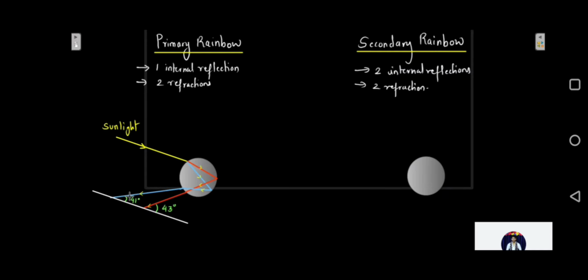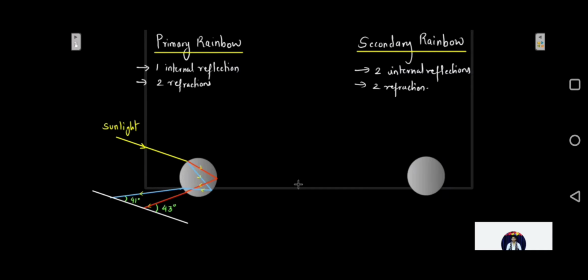Okay, so the observer would be over here, which we will show using another diagram, how the observer sees a rainbow. So this is what happens in a primary rainbow. A parallel beam of sunlight, which is getting dispersed at these angles, produces a cone of rays at the observer's eye. We'll draw another figure to show that. Thus the rainbow will be seen as a colorful arc to the observer, with its inner edge as violet color and outer edge as the red color in case of this primary rainbow.